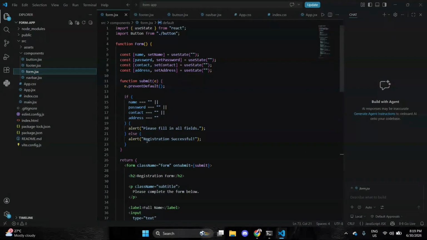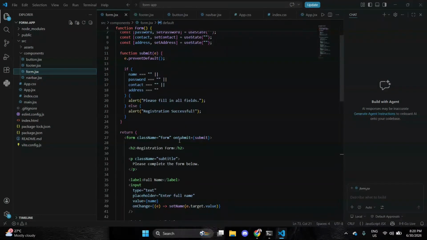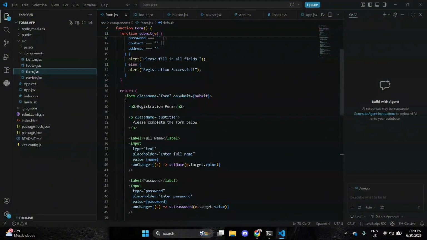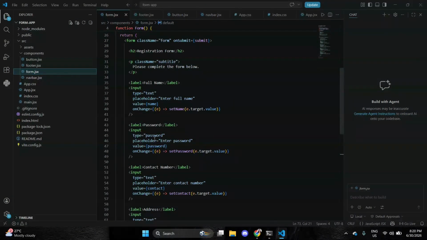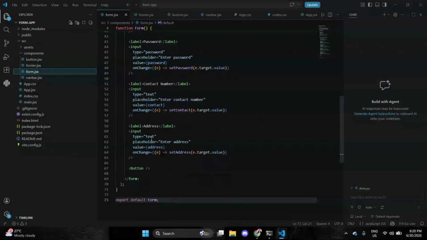Then if the fields are completed, the system will display registration successful. Then the input. This is the input field for the name, password, contact number, and the address.